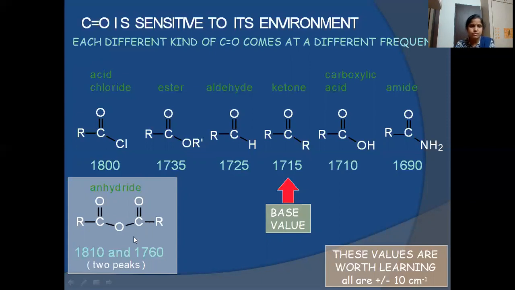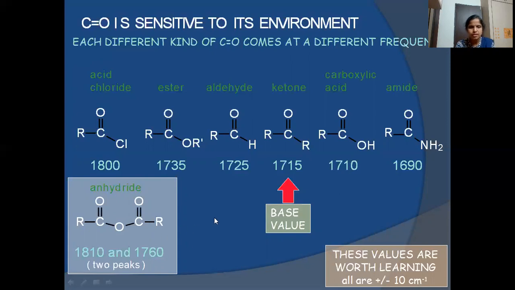Okay, for this we should observe two peaks. Why two peaks? Because the lone pair electrons on oxygen can delocalize either onto this carbonyl group or towards the other carbonyl group. That is the reason you can easily identify whether it is an anhydride or not, because strong bands appear between the range 1890 and 1760. So therefore we can say that it is an anhydride.